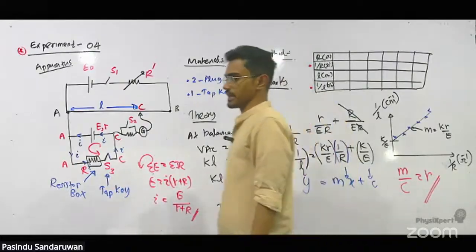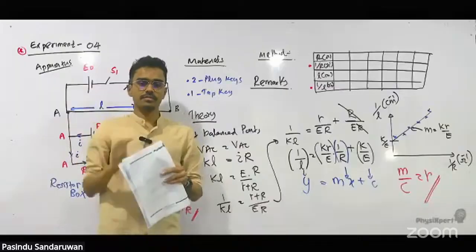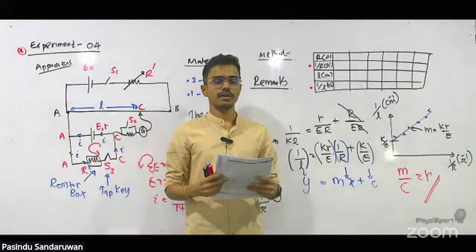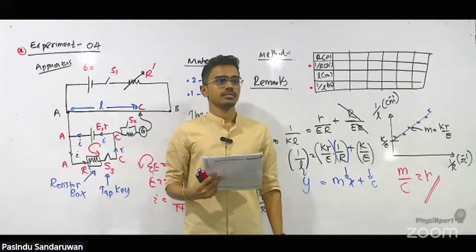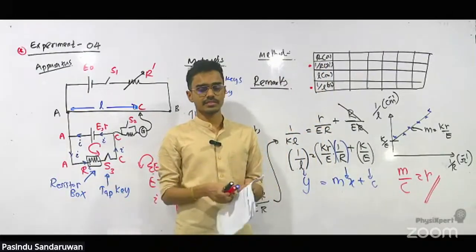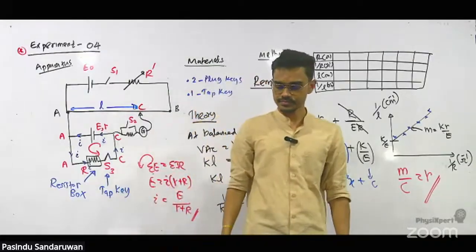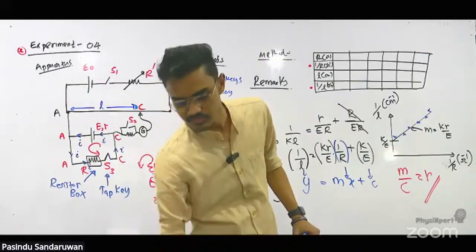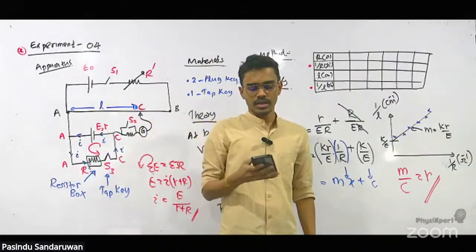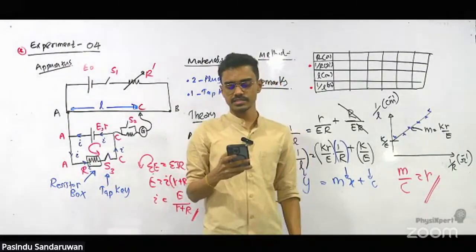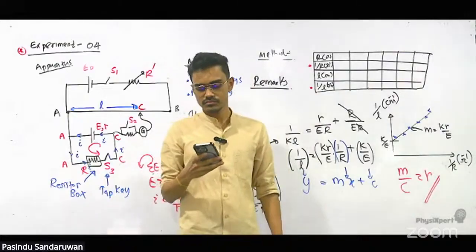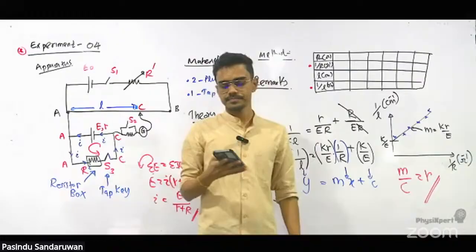A very small balance length is obtained when measuring small potential differences. Hence percentage errors are high and